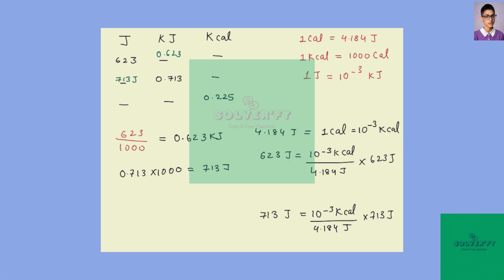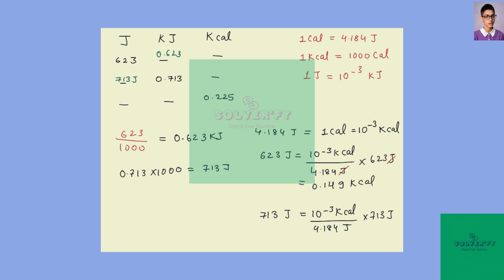Therefore, we can say 623 joule will be equal to 10 raised to power minus 3 kilocalorie divided by 4.184 joule into 623 joule. We can eliminate the joule unit. On solving this, we are getting the kilocalorie value equal to 0.149